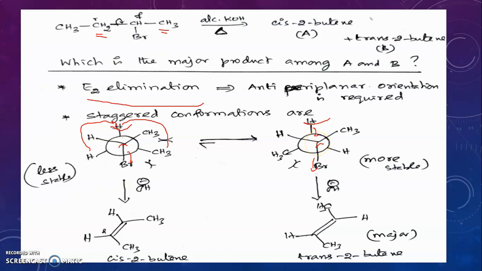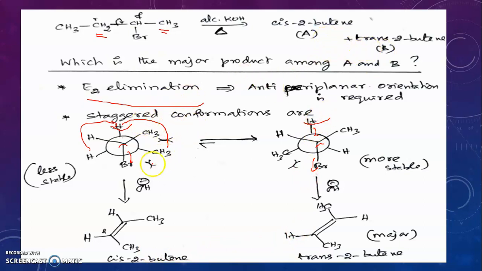Now, see, the methyl groups are opposite. So, in the front carbon, you have the methyl group on the right-hand side and in the rear carbon, you have the methyl group on the left-hand side. You will get a double bond and this is trans-2-butene. Now I have given the explanation for the formation of cis-2-butene and trans-2-butene. Now I am going to explain why, among the two, which is the major product.